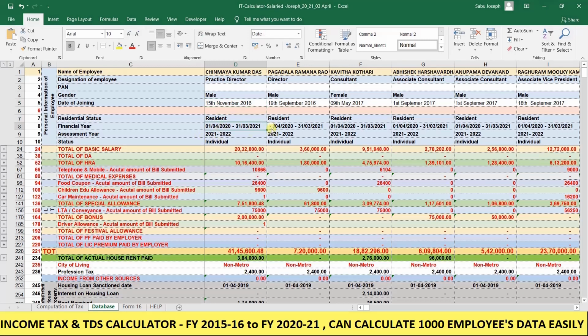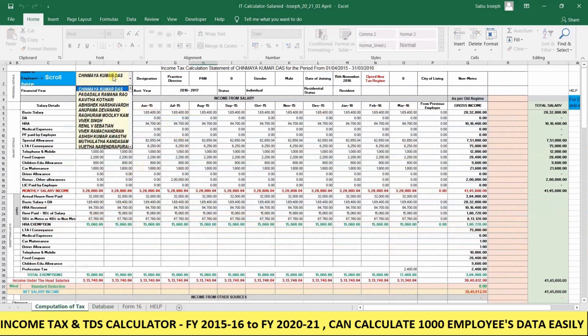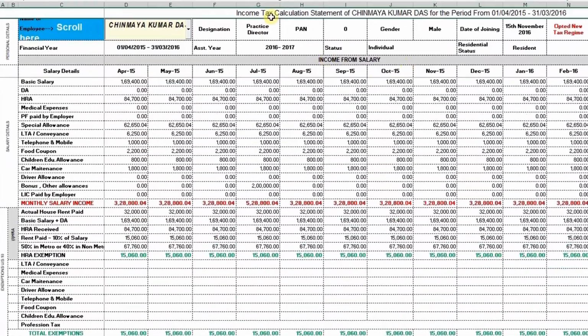This is very important because under this utility you can calculate 5-year income tax liability in a single sheet. No need to worry about the calculation of previous years. You can just select the concerned financial year. Suppose if you want to calculate the income tax for the financial year 2015-16, you just select that financial year. Now coming to the computation sheet, select that employee. It is shown here in the title, income tax calculation statement of so and so employee for the period from 1/4/2015